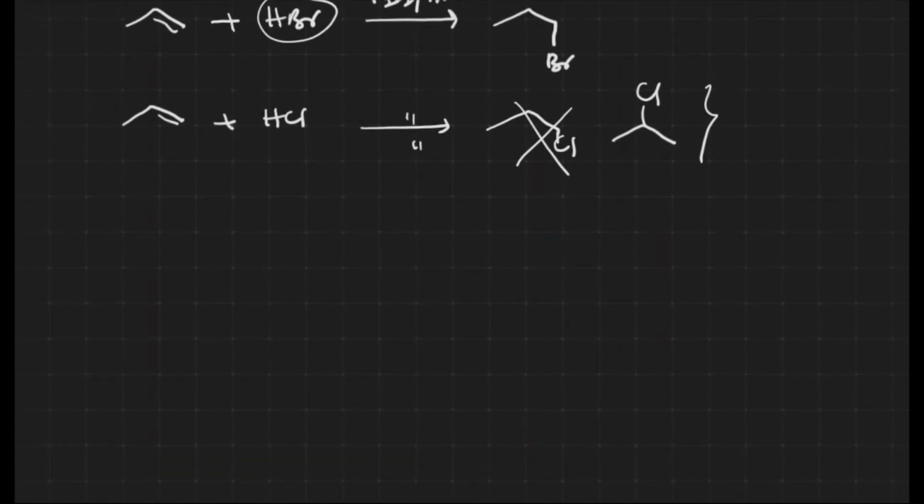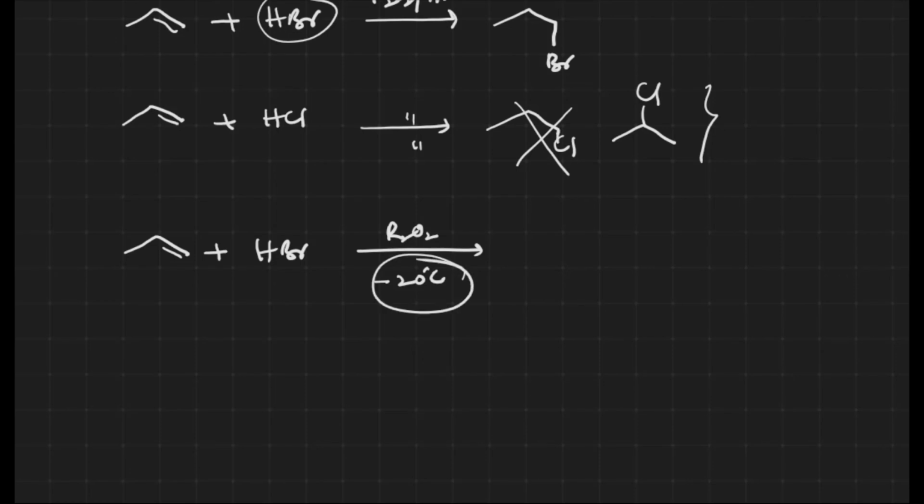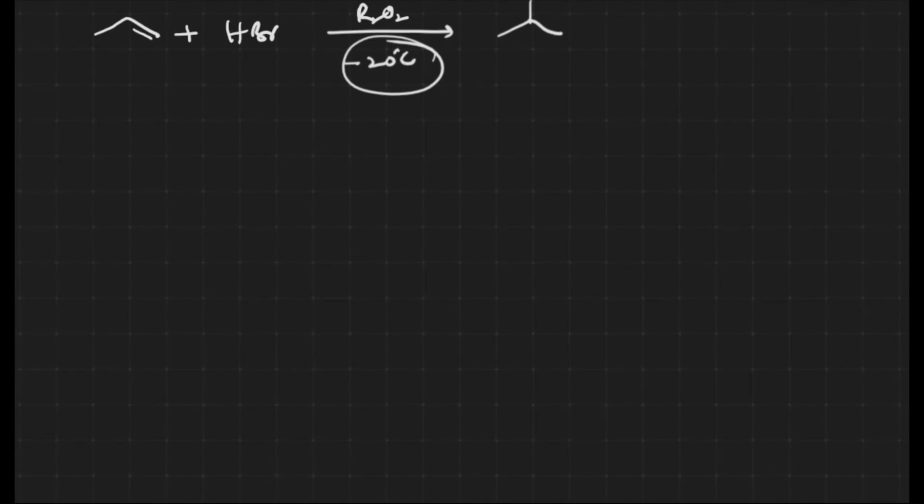Now let us take another example: HBr, R2O2, but at 20 degrees Celsius. As I mentioned earlier, to generate free radicals it has to take place under light or thermal conditions. Under low temperatures, there is no possibility of generating free radicals. So general electrophilic addition takes place, something like this. We can't see free radical addition. These are the normal things we have to remember. Let us see one or two examples.